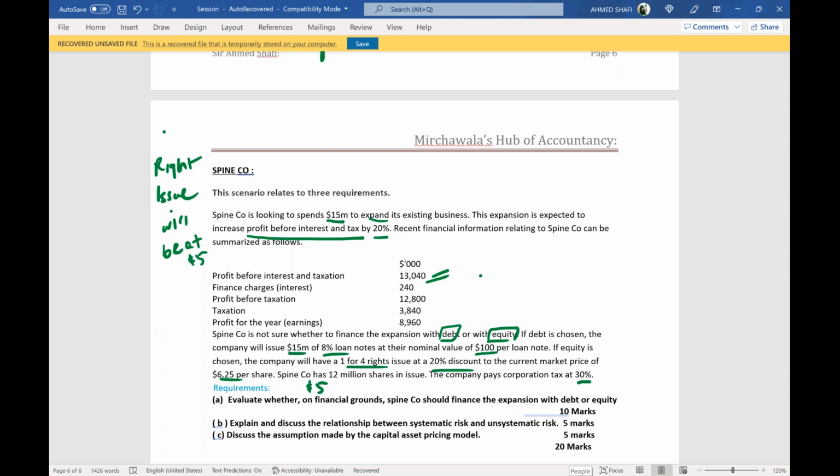Whether it should go for debt or equity, just check some ratios to decide. To calculate ratios, you need to have a P&L having the debt option and a P&L having the equity option. This is also a part of the financial management syllabus, and students who have taken classes from us, this is taught. To find ratios of debt or equity to comment, you must have a P&L having debt and a P&L having equity. Let's start.